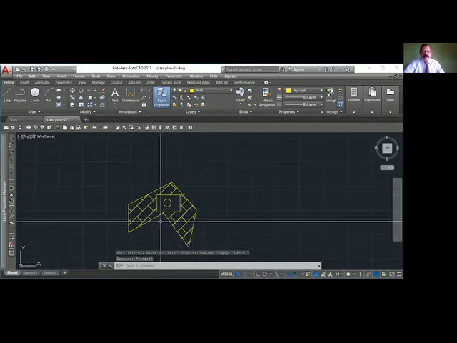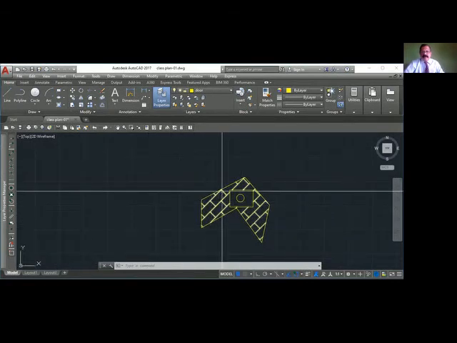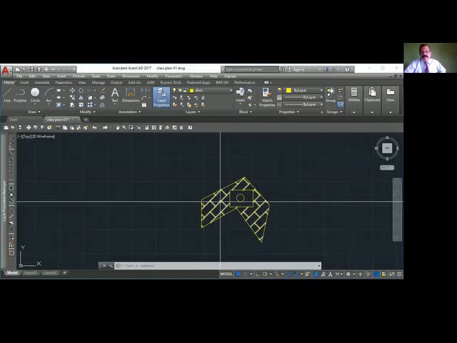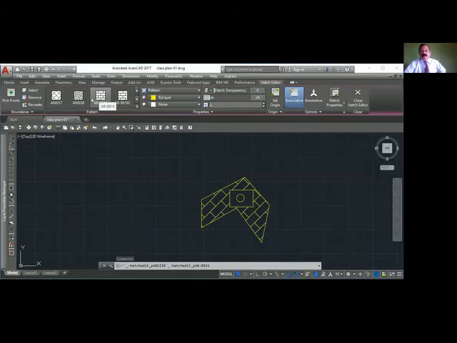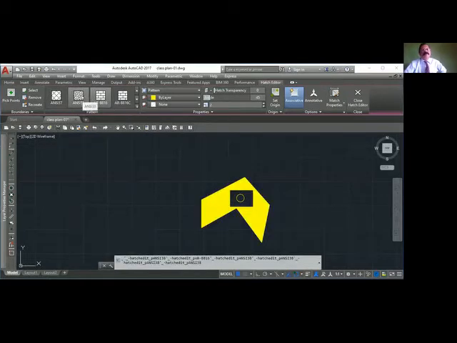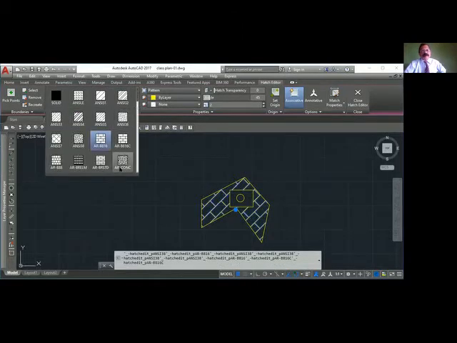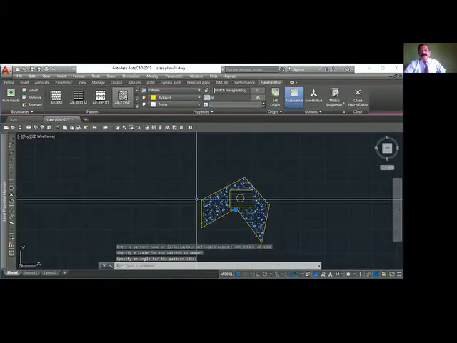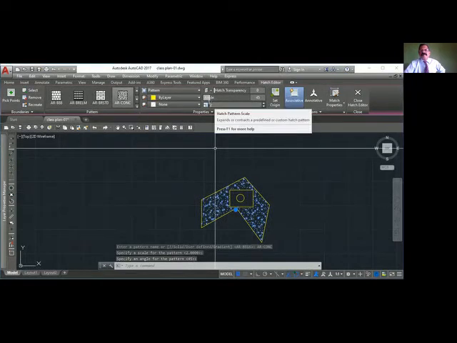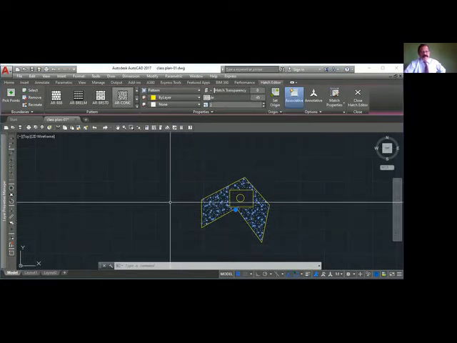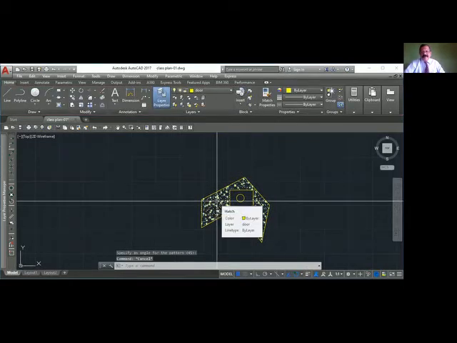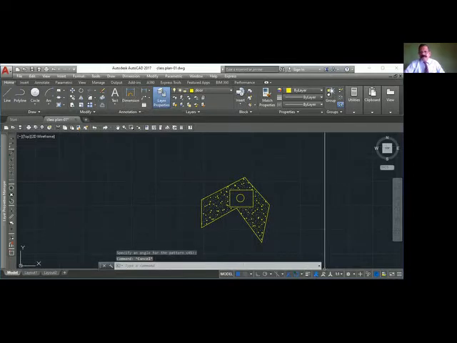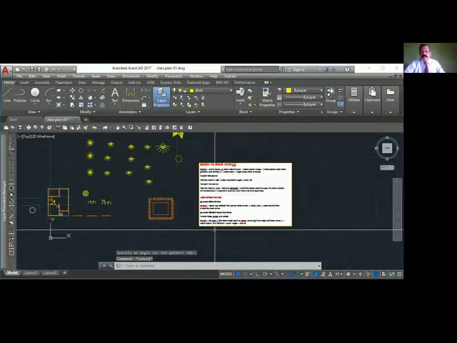Once I did, how can I change this pattern? So I did, I don't want this, I want something else there. So I'll click this, then immediately you come here and select whichever pattern you want. Suppose I want another pattern. Suppose I want concrete here. So you just select the concrete you want, and if you want, you can change the scale or angle. Okay. So to change the hatch, first you click that, then change whatever thing you want. Okay.